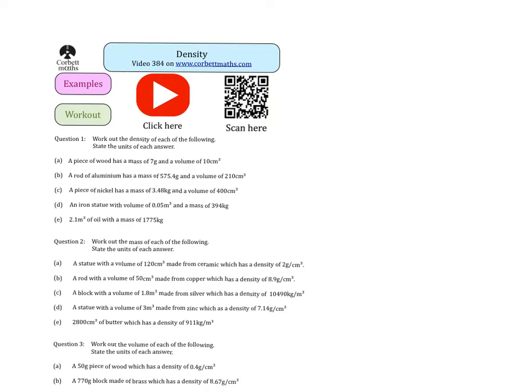Hi guys, today we're going to be looking at density, okay? So here's a formula, you're going to have to learn this one, okay? And it is that density equals mass over volume,